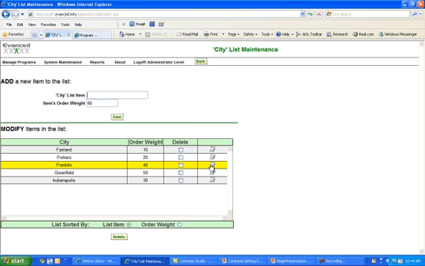If I wanted to make, let's say, Franklin to be right after Fishers, I can edit this by selecting the icon to the far right. So by clicking on this edit icon, I'm going to change that number to 25 so that I know for sure it's going to come right after Fishers. So by selecting this,